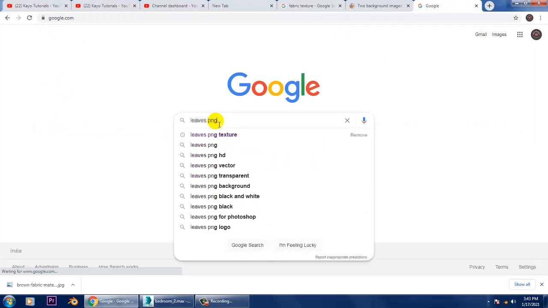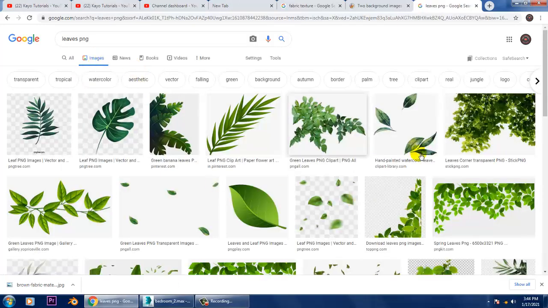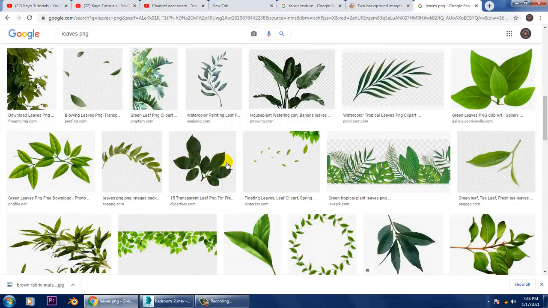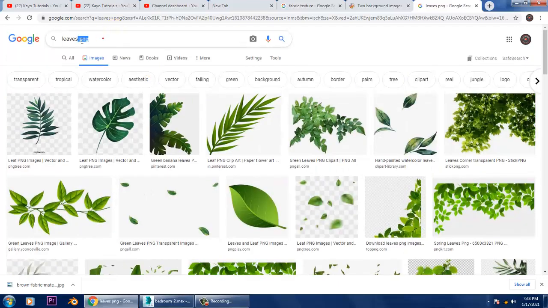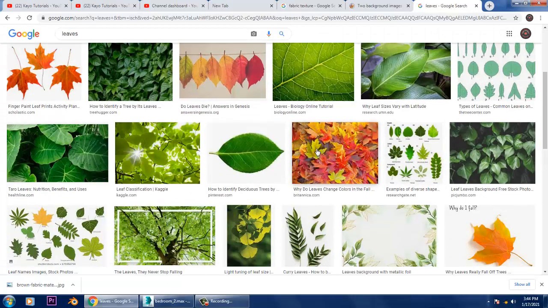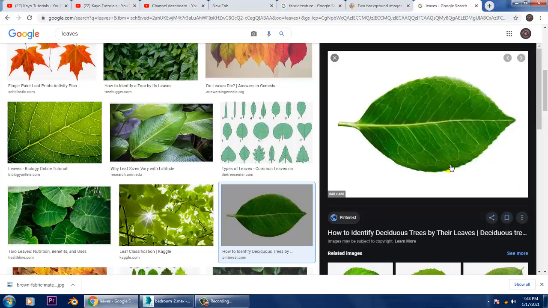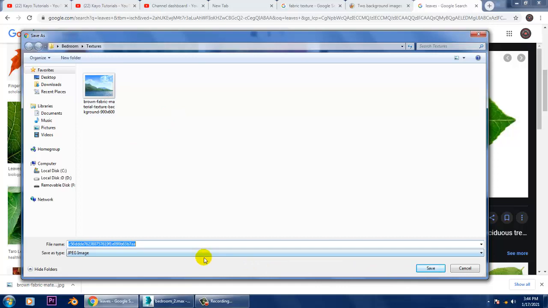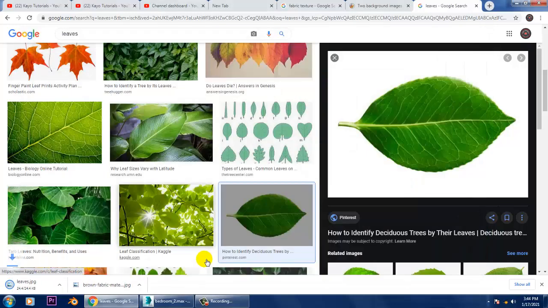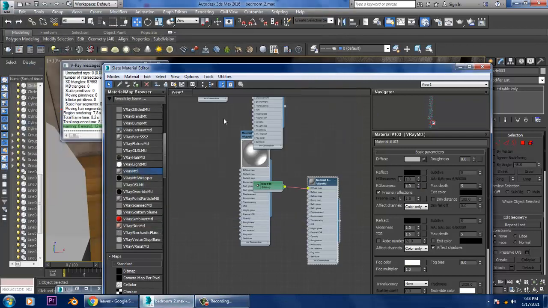So I'll just search a leaves PNG for now. I'll just save as this. I'll go into this and assign these leaves on it.